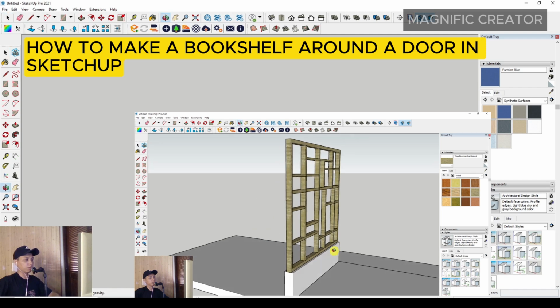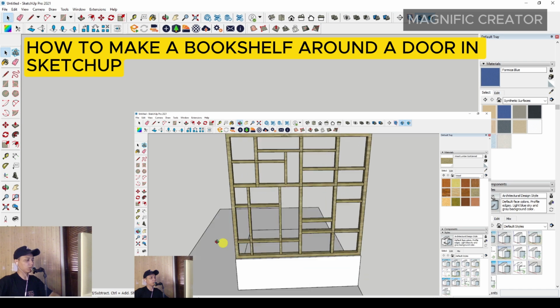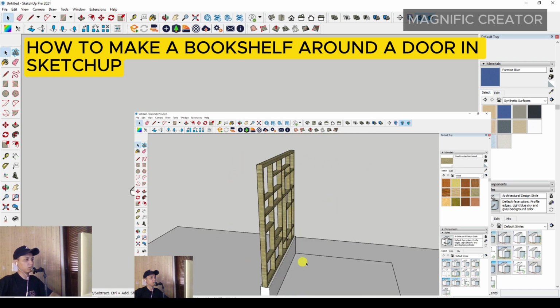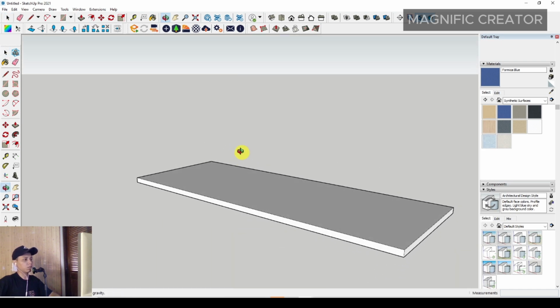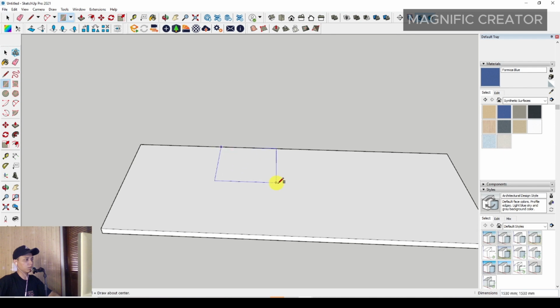Hello everyone, in this video I would like to share with all of you how to make a wood frame room partition. Okay, first of all, sorry, I have already prepared the basic floor, but in the first step I would like to share how to make